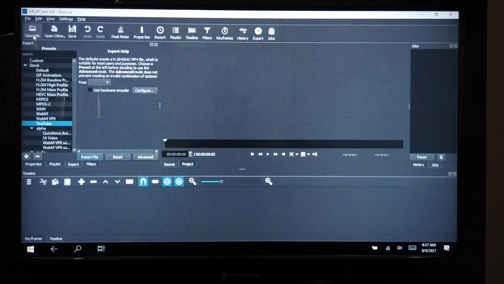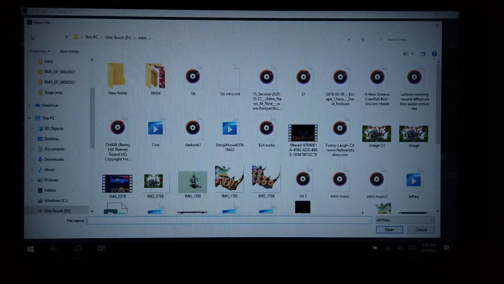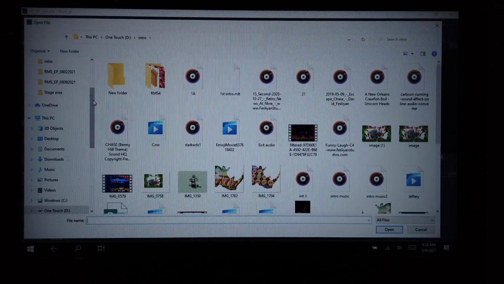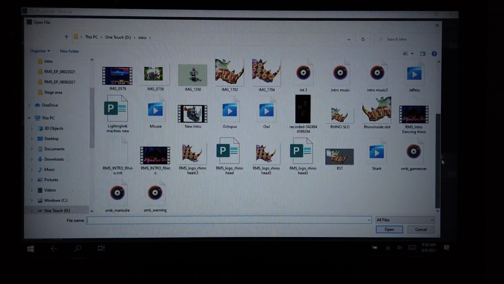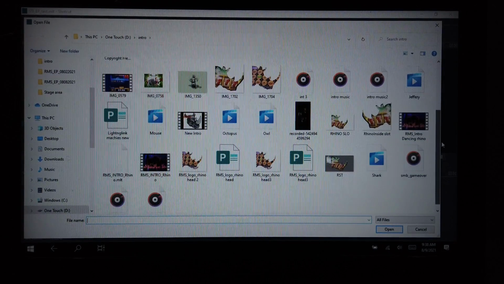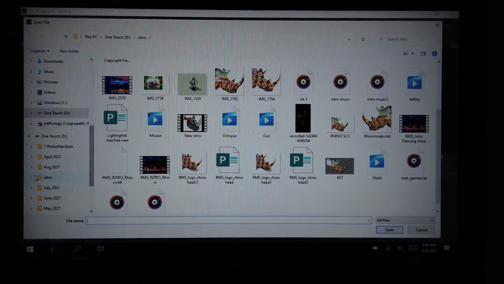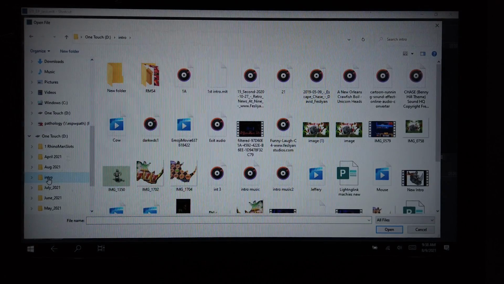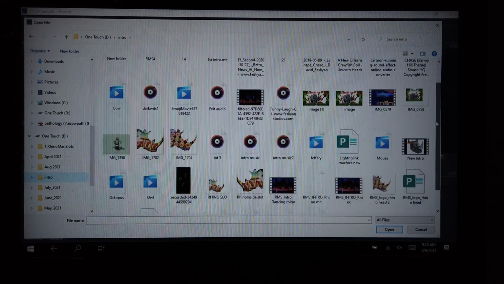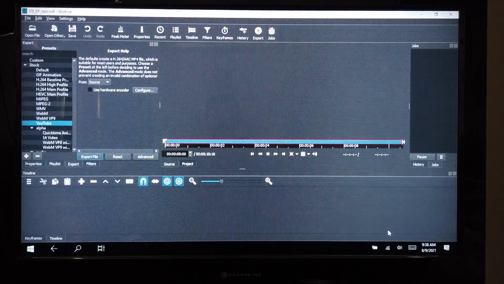So you want to get your files and your videos into Shotcut so you can work with them. You just basically go to open file. The first thing that I do on all my videos is I'll pull in my actual intro that I use for my video. I have that in my intros folder, and that's very important. If you have a good filing system, you know where your videos are right away. You can work with them. So I'll pull that one in,